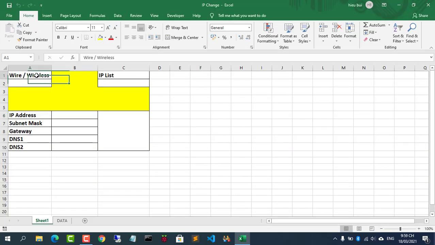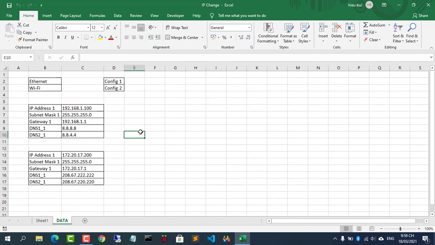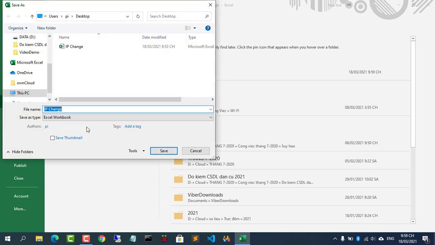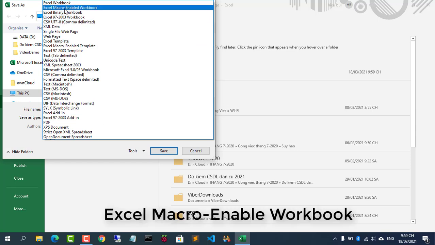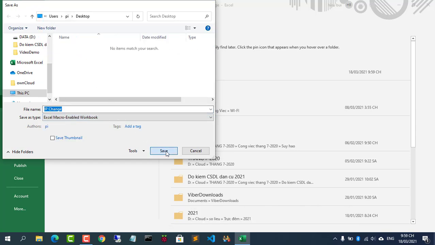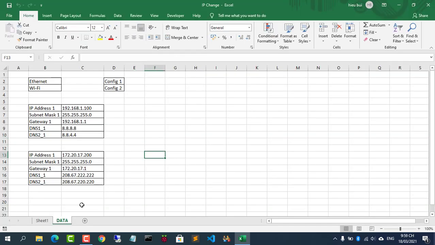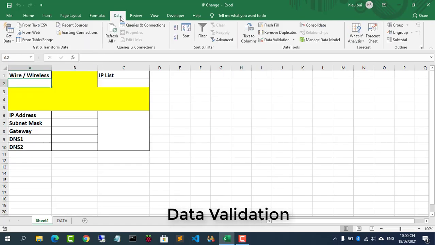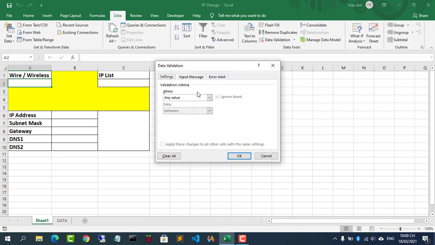I have created an Excel file with the above content. You save it with the XLSM extension. Next, you create a drop-down list like above.